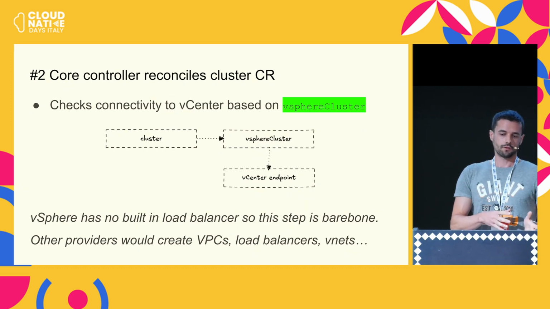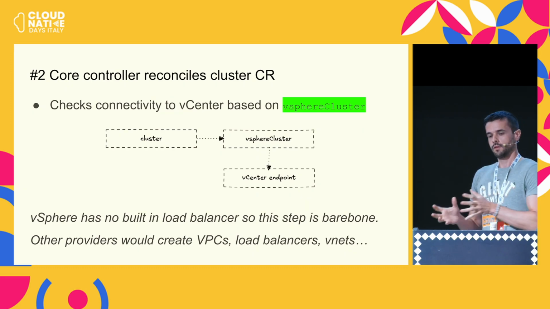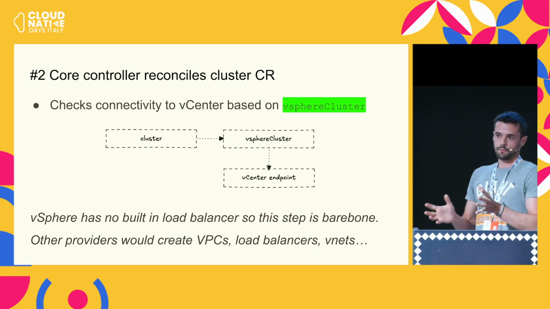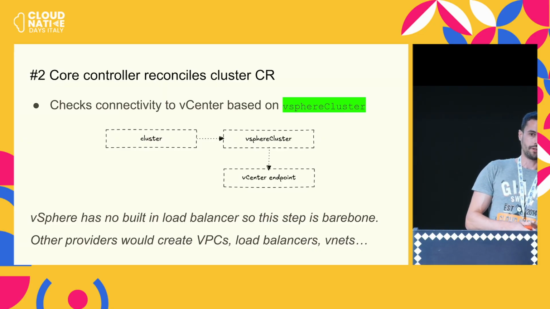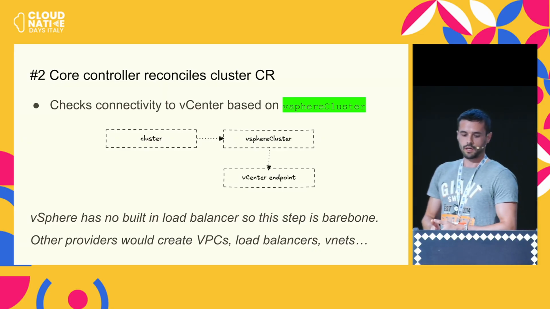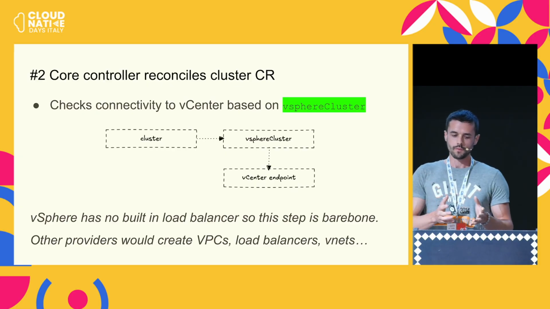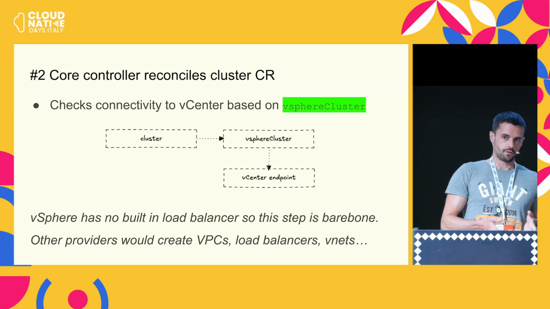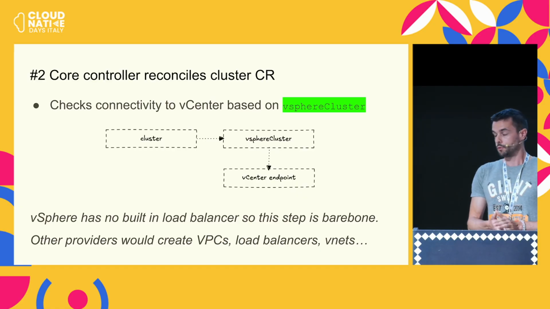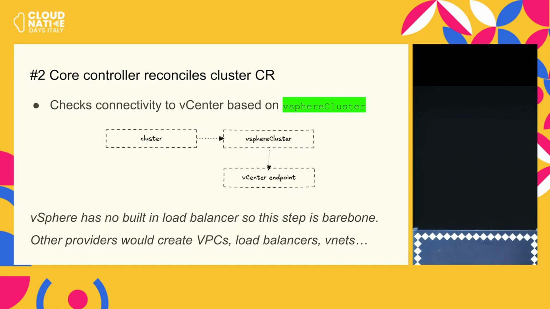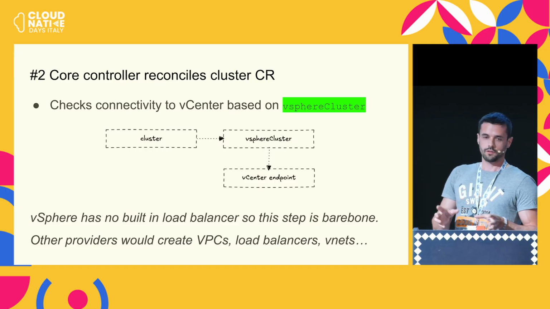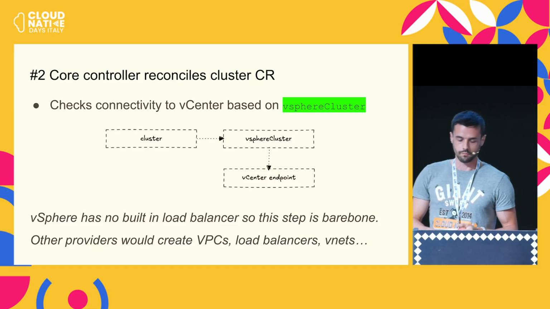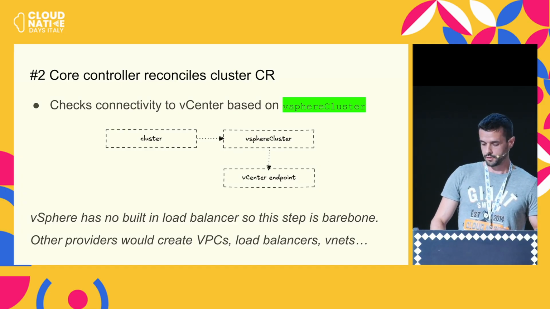So at first, our controllers are going to pick up the CRs. Our CAPV controller, so CAPV stands for Cluster API Provider vSphere, is going to check our vSphere credentials. I pick vSphere because it's faster, easier to explain. If we were using AWS, you would have to create a VPC, you would create the load balancer, all that stuff. In vSphere, it's much simpler since it's just a dumb load balancer, dumb hypervisor, basically.